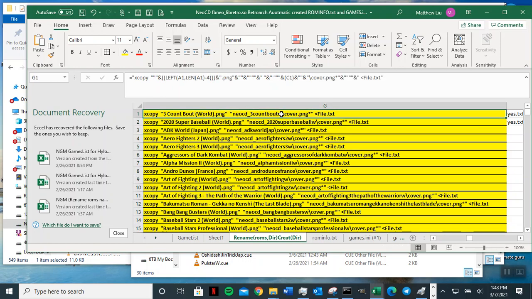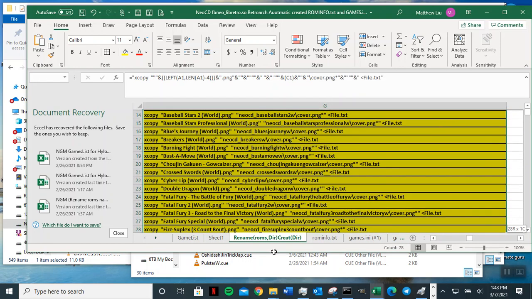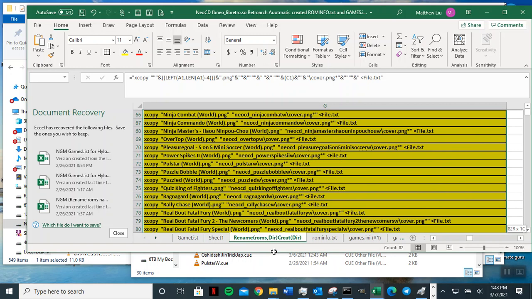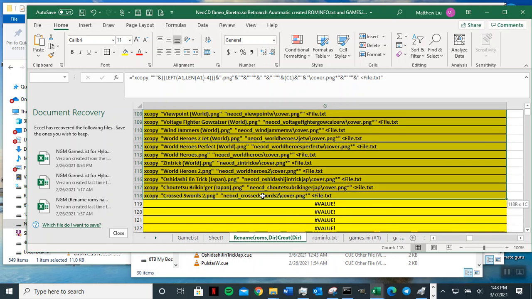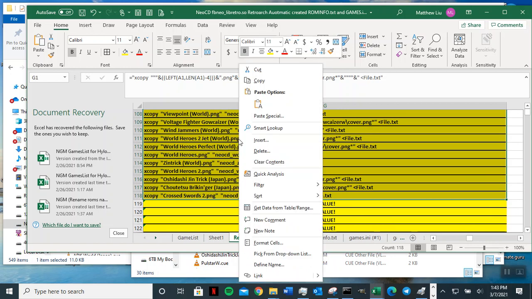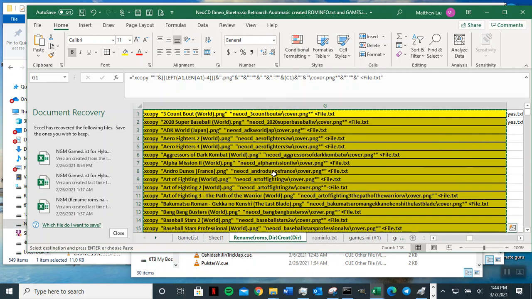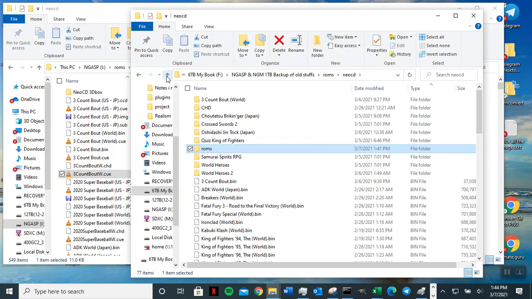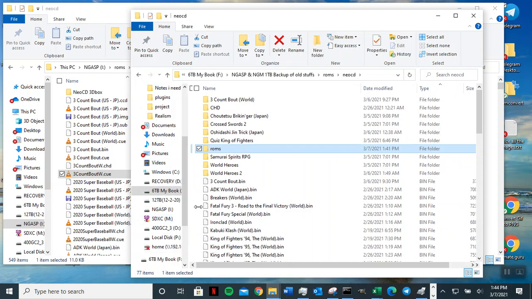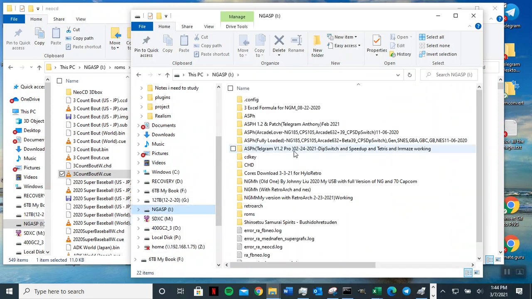So you're going to copy all this and tell it, okay, I want you to create that for me. You're going to copy all that until here. So it's doing all this for you. You don't even have to do this one by one. It does it for you. So you just go to your artwork, which is located in the original, I think in the original iDrive. Okay, and in here I'm going to go to